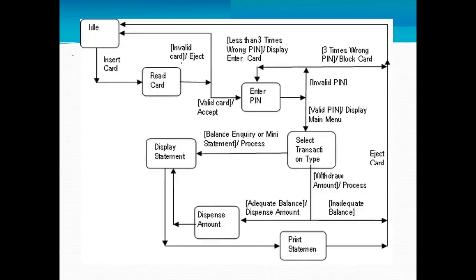So this is the same example of ATM withdrawal, and these boxes are nothing but the states, showing how it is changing from one state to another state, and this is the transition flow, how the flow goes from one state to another state. So you're going to go to the ATM machine. You're going to insert the card there. First state will be, it is going to read the card.